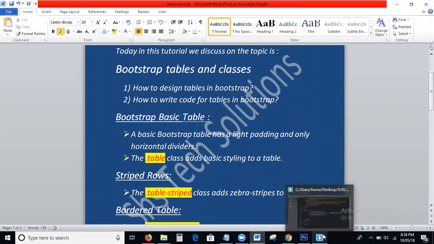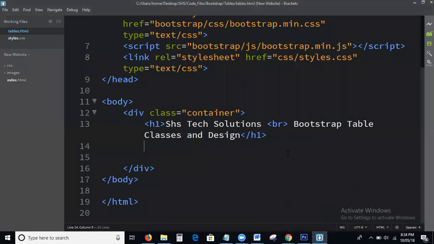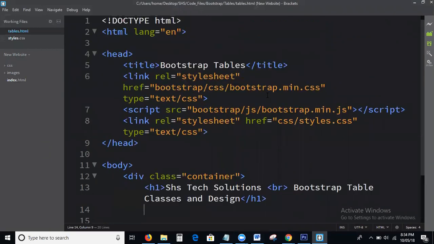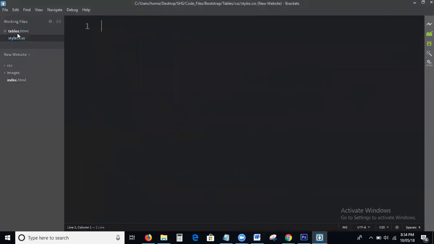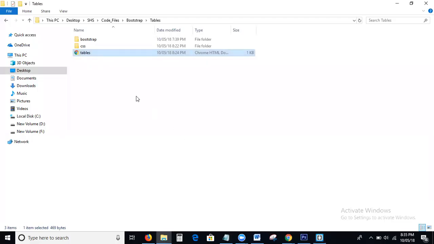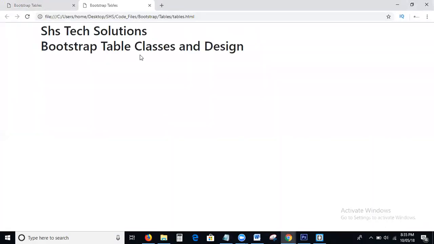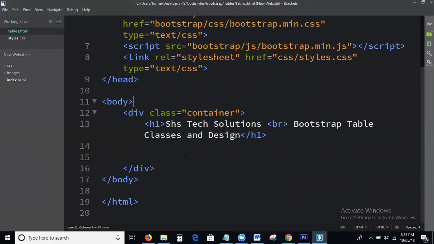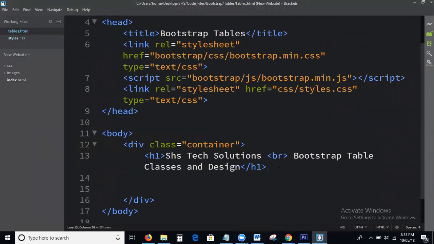I am going to write the code. This is the basic HTML structure that all of you know. Here I am calling only the Bootstrap CSS file and Bootstrap JS file. Okay guys, first of all you can see the output for these tables. This is the output for this HTML, and I will design the next